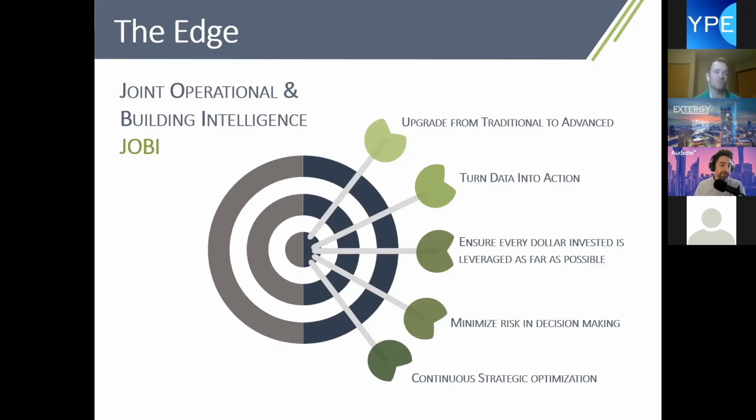So there's a couple of different languages that most managers think through. Finance is one, but risk is one that really gets overlooked. And that's a key focus. So we can do risk analysis on everything. And the last one is continuous strategic optimization.